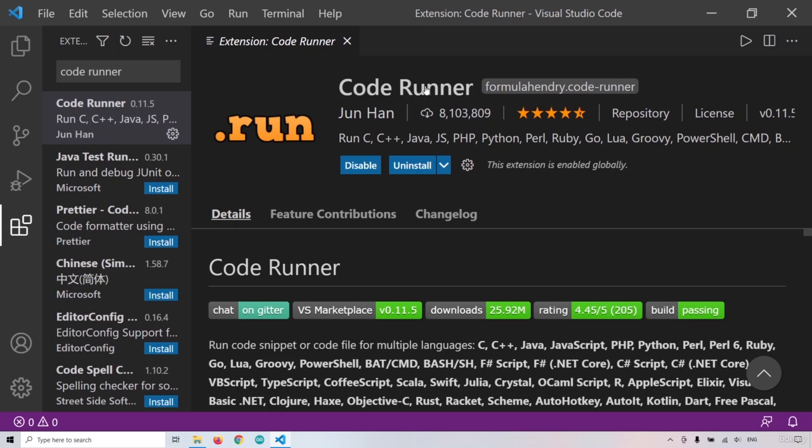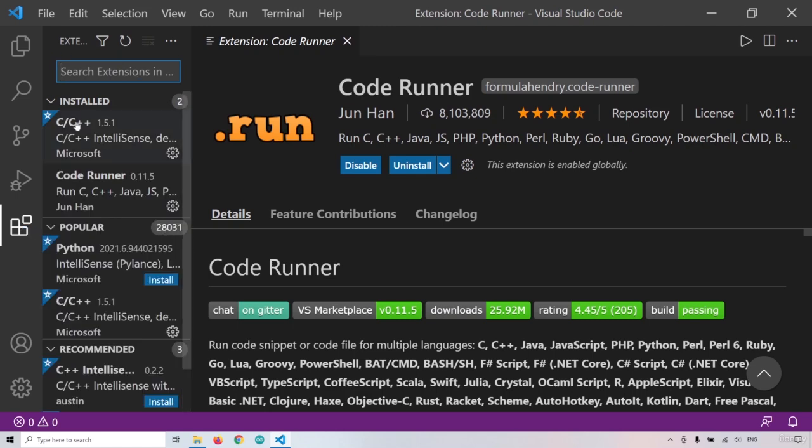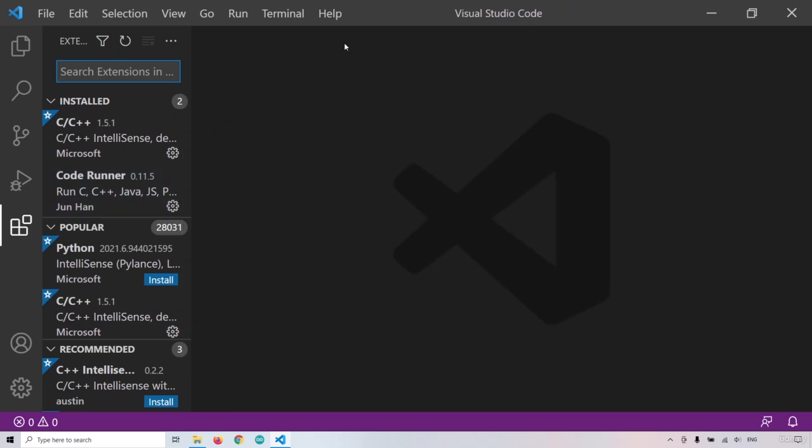With the Code Runner extension, we have a very simple tool that allows us to, as you can see here, have a play button. With the play button, we can run the code. So those are the two extensions we are going to use, C++ and then Code Runner. That's pretty much it. And then I'm going to go on Settings,